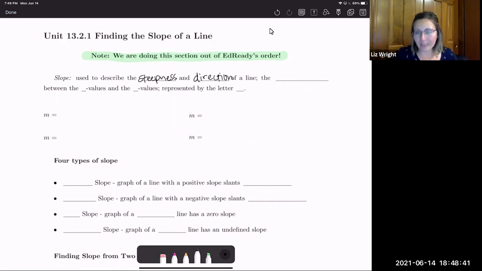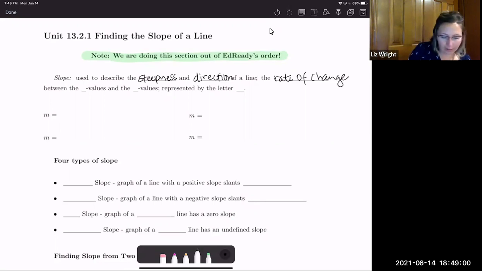It is also considered a line's rate of change. So how fast is it changing and in which direction is it changing? So it's the rate of change. Is it increasing? Is it decreasing? So it's our rate of change between our y values and the x values,